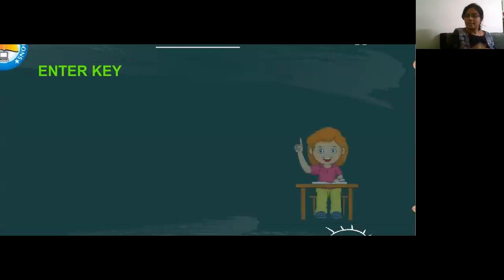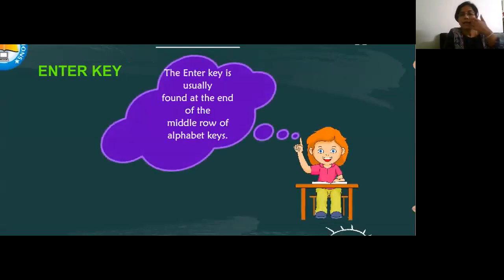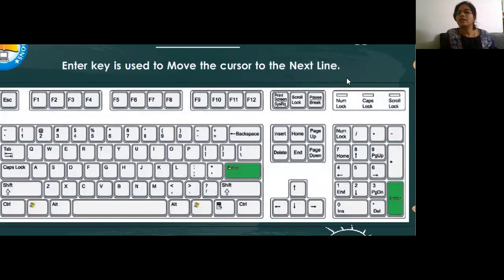Let's go to the next one. Enter key. Yes, one of the very important keys on our keyboard is the enter key. The enter key is usually found at the end of the middle row of alphabet keys. The enter key is used to move the cursor to the next line. See, in the middle, this is the middle line, right?